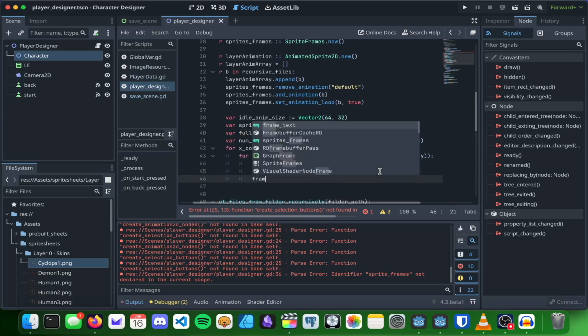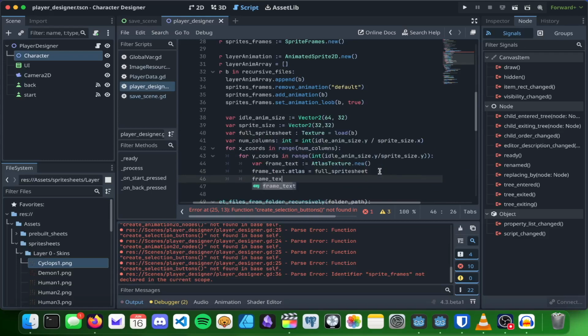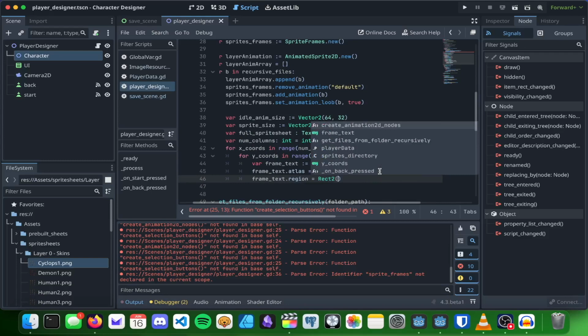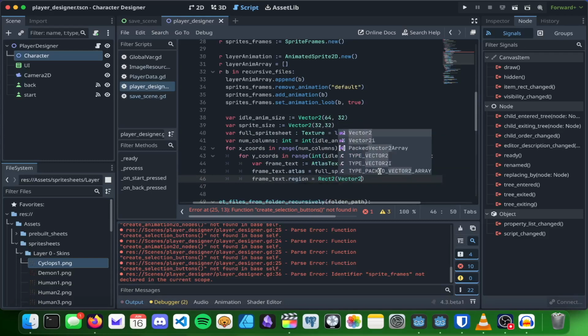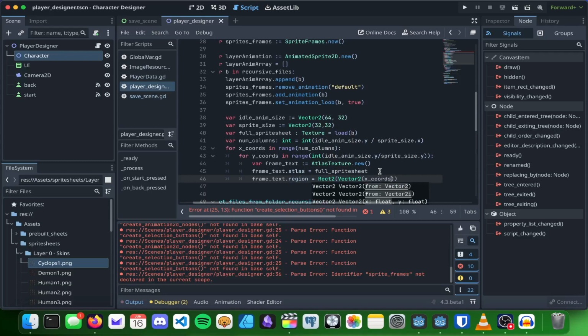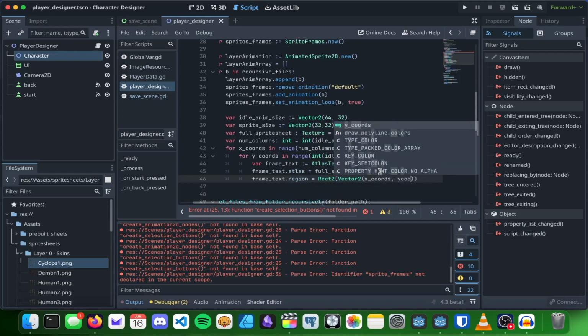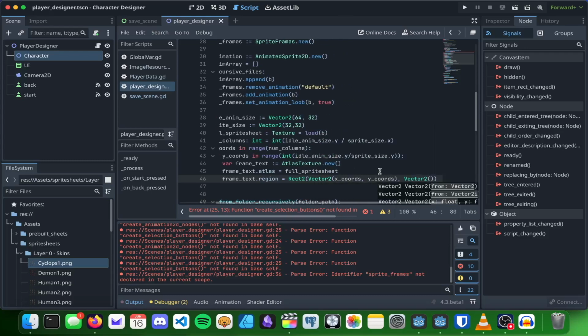Then we're going to say frame texture dot region is going to be a rect2, and the first part of the rect2 is going to be a vector2, and it's going to have the x chords and the y chords,